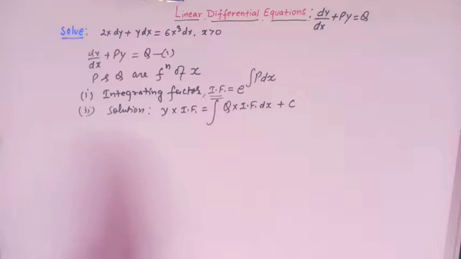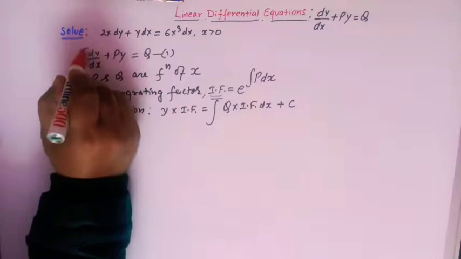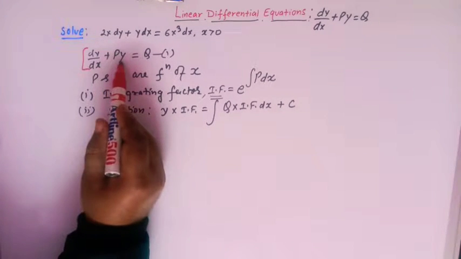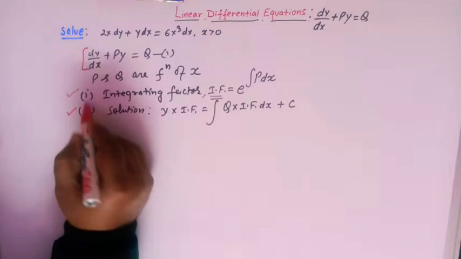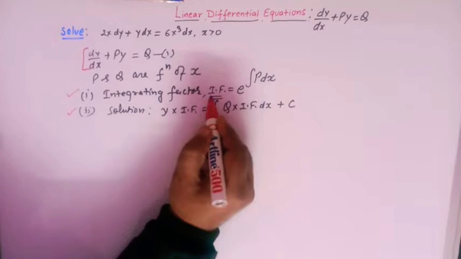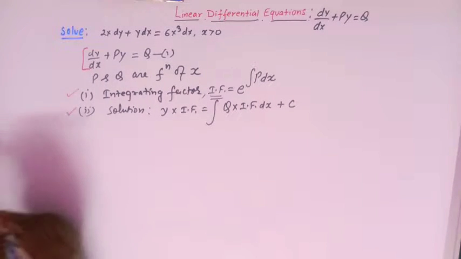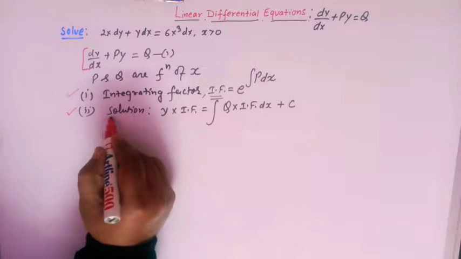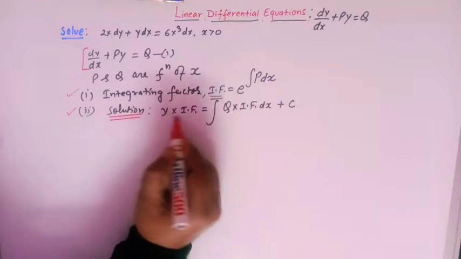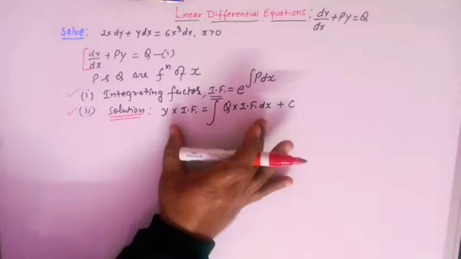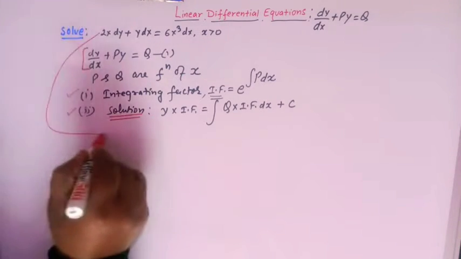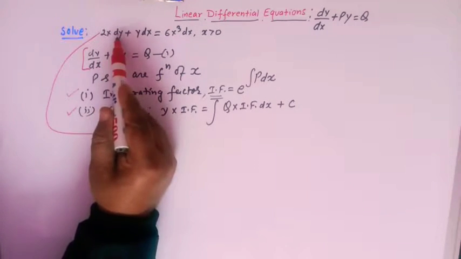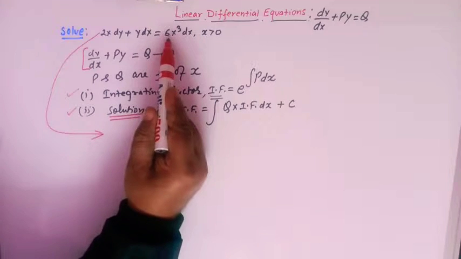So in order to solve this type of linear differential equation, we have to proceed in two steps. The first one is to find the integrating factor, and the second one is the solution which is given by this expression. Now here we have this problem, 2x dy plus y dx is equal to 6x